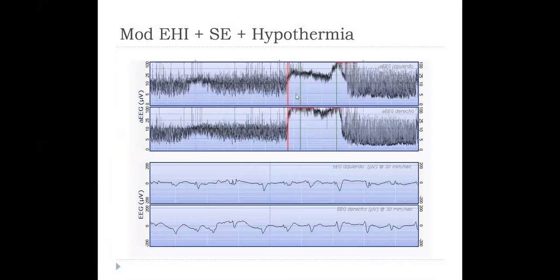And this is the pattern of the aEEG. In this case, you can see this maintained elevation of amplitude. That is like an epileptic mountain. And the spike wave, the graphoelement in the raw EEG. And it's very important because when